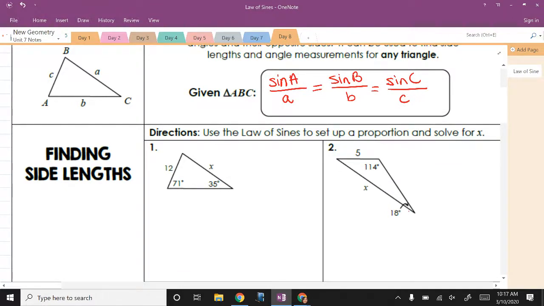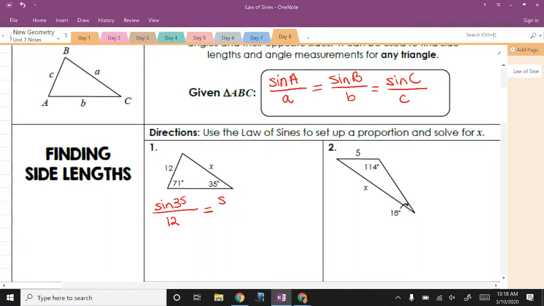All right. So basically, you're going to use angles and their opposite sides. For example, this side of 12, that's a length of 12, is opposite the 35-degree angle. Do you see that? And this X right here is the side opposite the 71-degree angle. So the opposites go together. Does that make sense? So I'm going to say sine of 35 degrees. You always do the sine of your angle measure over the opposite side, which is 12, equals